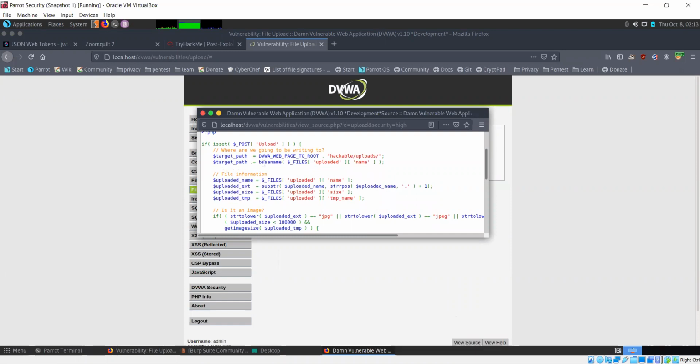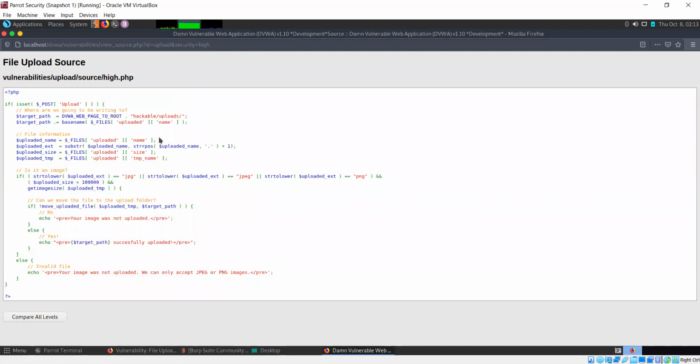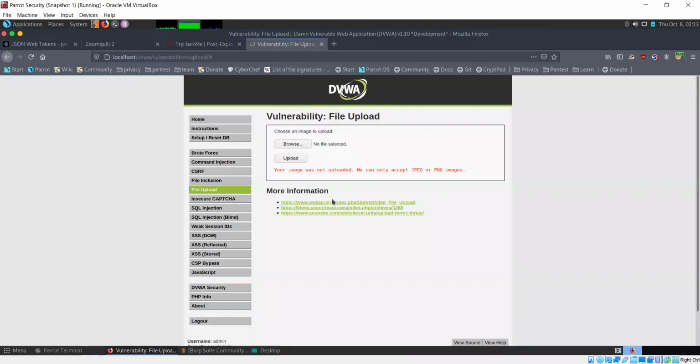So again, file information is being taken in this case. And when they upload, at that time the extension is also being checked, so we cannot change the extension in the request and expect to run it like that.